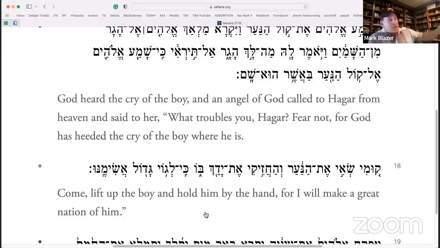That's the basic understanding. If you want water, it's going to be underneath the boy, because God has heard the cry of the boy where he is, not where you are, right? You're in a different place. That boy needs to survive right now. And God has heard the cry of the boy where he is. Now go over to him, because that's what the angel says: lift up the boy and hold him by the hand. So get back over to your child. That's what the angel says to her. Get back to your boy. So that's one possibility. Go over to where he is,